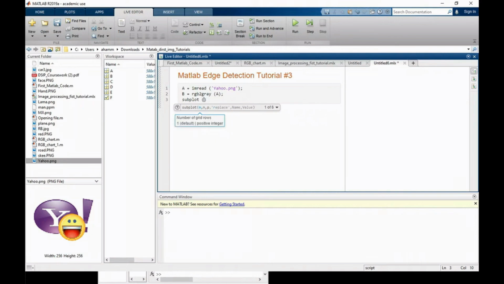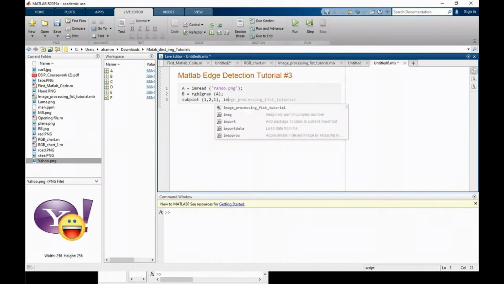So bracket 1 row 2 column, and the image number I want to get is the first one, so image number will be 1, comma imshow a, give it a title name, title color image, semicolon, then another image. I will just copy the whole line,